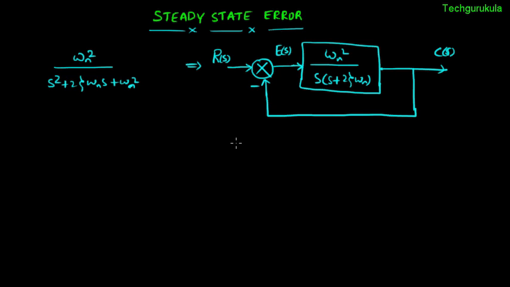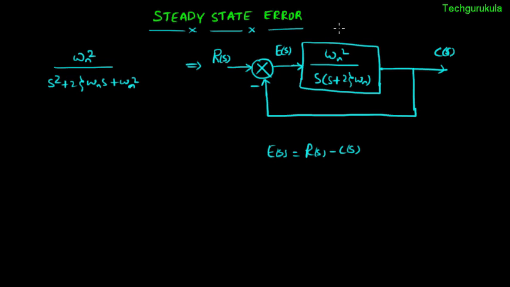But to have a model here to represent and find out the values consistently, I'm representing this standard second order system in a unity negative feedback loop where output is C of s, input R of s, and the difference between the input signal to the output signal is the error signal, in this case E of s. So we can say E of s can be written as R of s minus C of s, and let